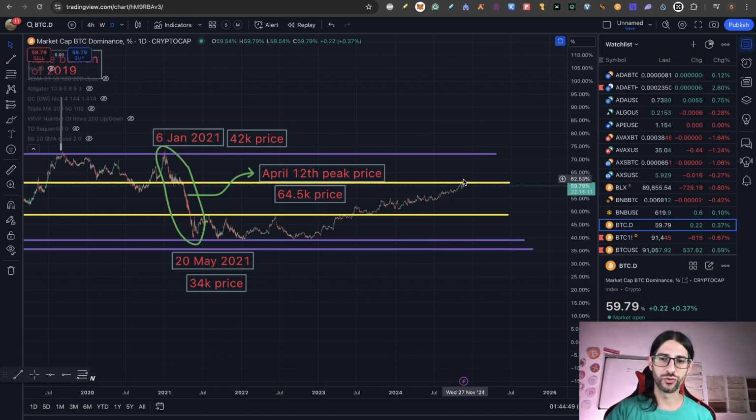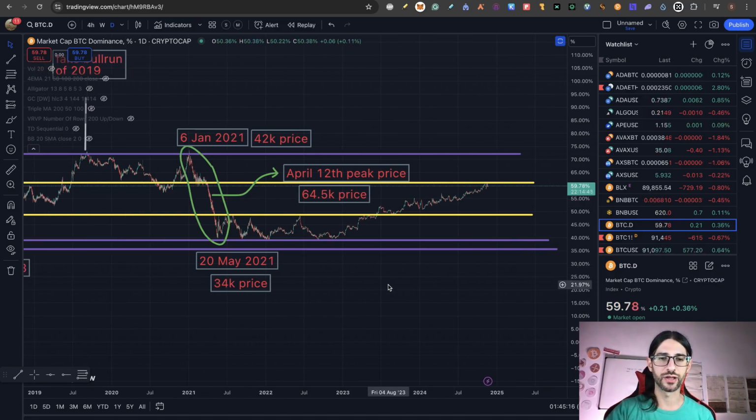So Bitcoin could easily top out right now with a Bitcoin price of 92,000, 93,000 at the top of the market, and then go down from here again into the 40% of the Bitcoin dominance, creating our altcoin season that we are waiting for. And maybe that is all the bull run of this time. I don't think that will be the scenario, but you cannot discard that possibility.